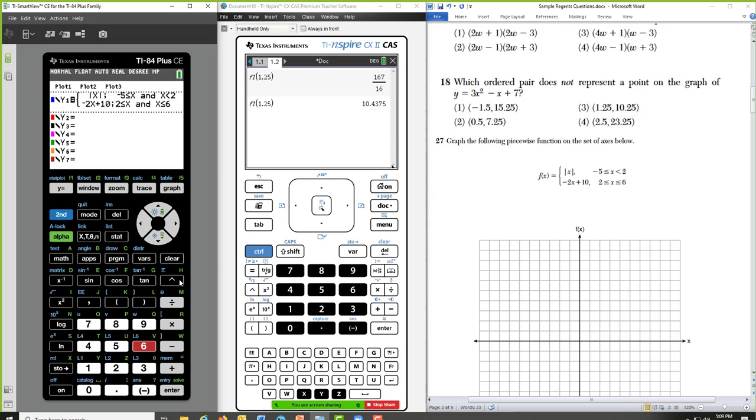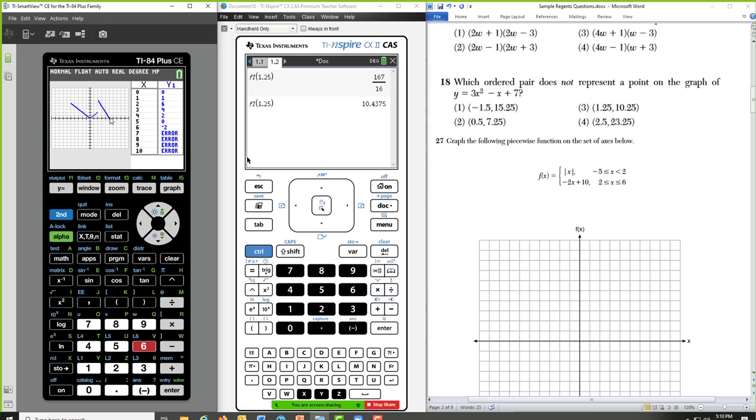A tech tip, because you're going to have kids all over, maybe not face-to-face, don't have them just hit graph, because then you're going to have one kid in your online session say, mine doesn't look like that. Have everybody be on the same page and do zoom 6, and you'll be seeing the same picture.